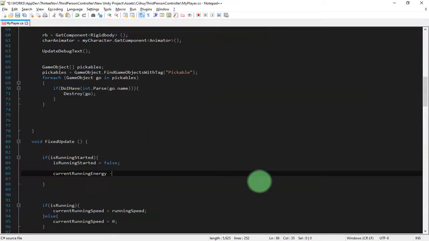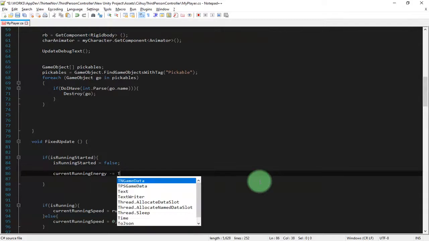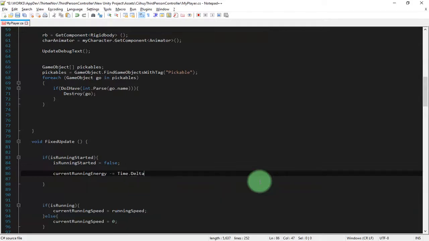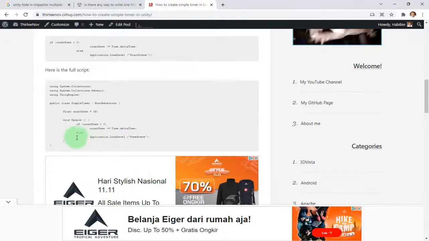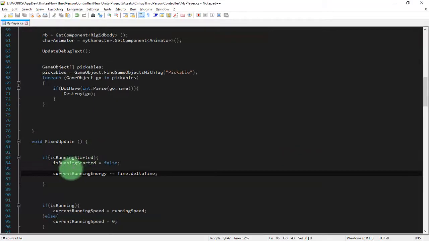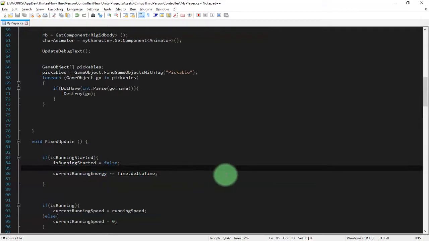So here I type minus equals Time.deltaTime. Okay, hang on.